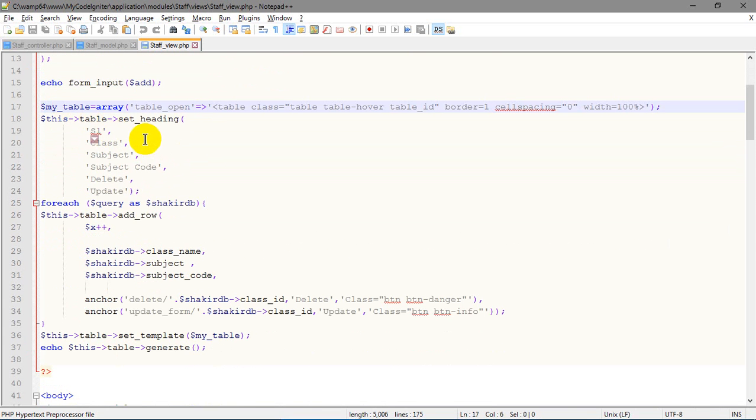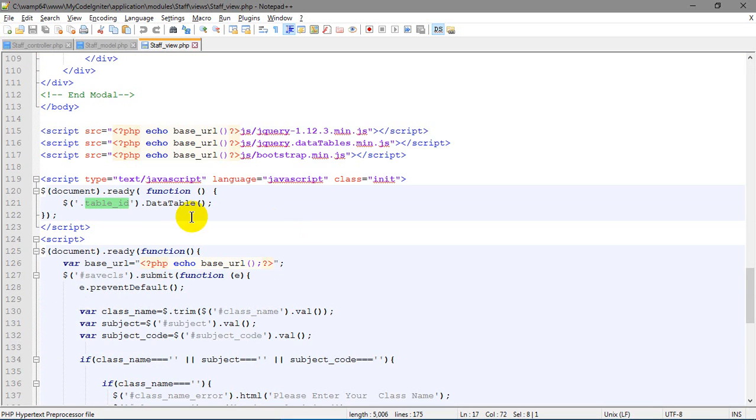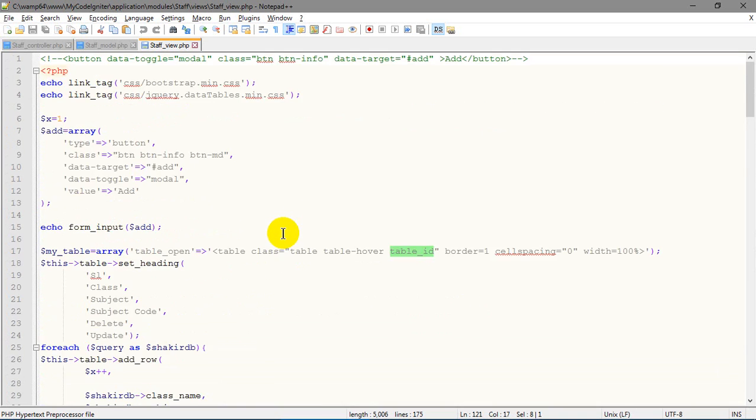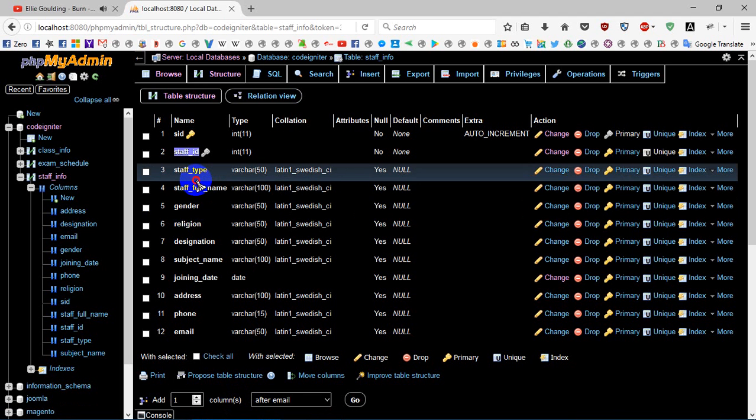My table is a variable array, table open, table class table hover, table id comes from the datatables class name in the script, under the script. So there is border 1, cell spacing 0, width 100%. This table sets the heading, so we set our heading from our table. At first the serial is okay,